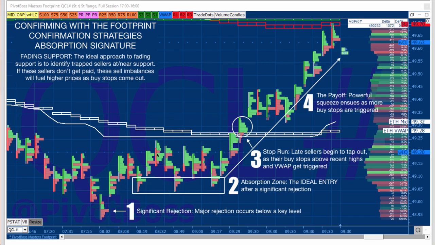Just like in that previous example where you had buyers trying to defend value, and when buyers can't get value to go bid, then capitulation occurs. This is the opposite of that. In a downtrending market, bears are trying to keep value offered. And so they are right there, literally right there, selling VWAP, and price pushes up. That's the last trap participants that really unleash this thing, and then bang, the flow happens.